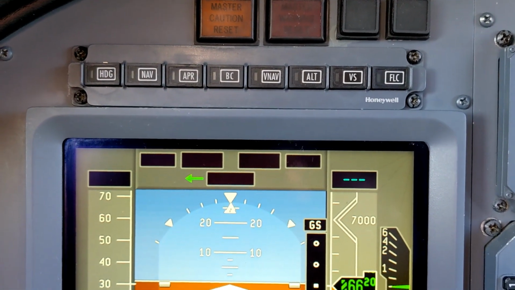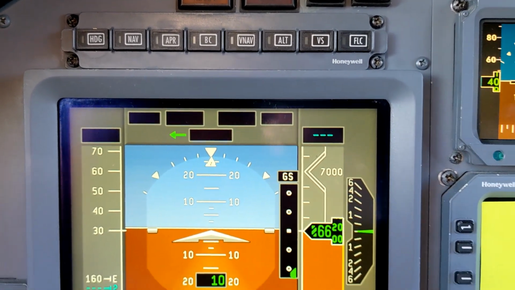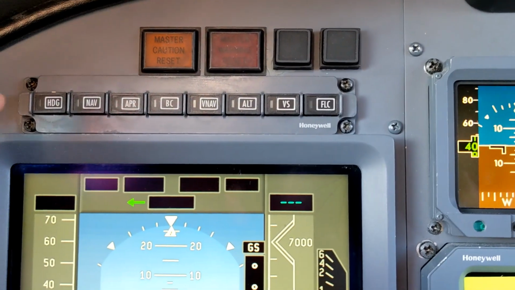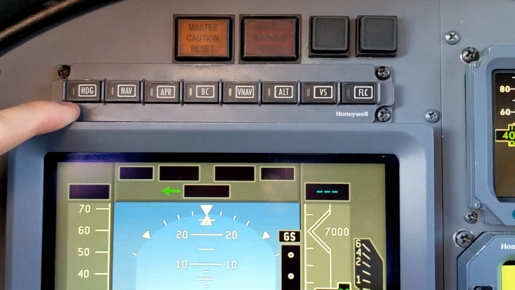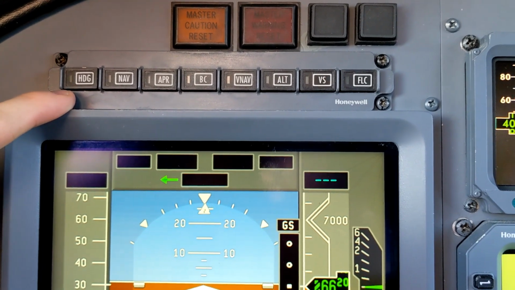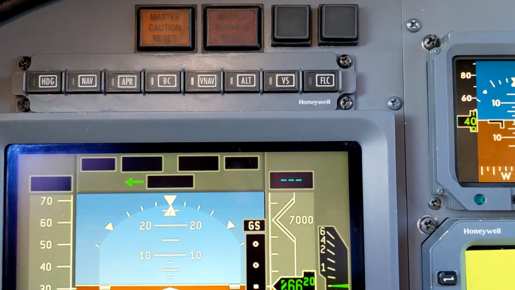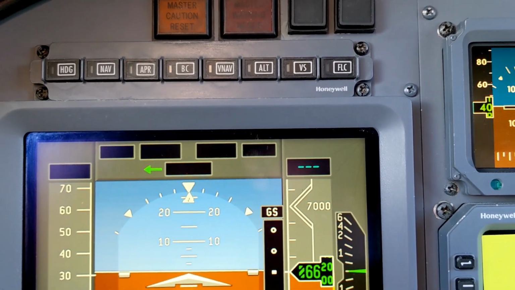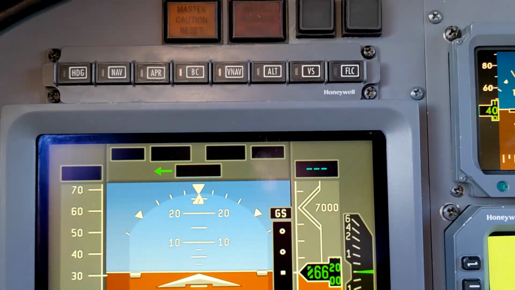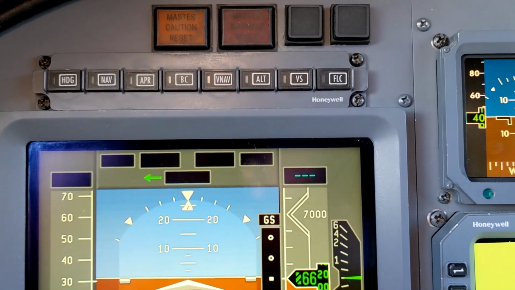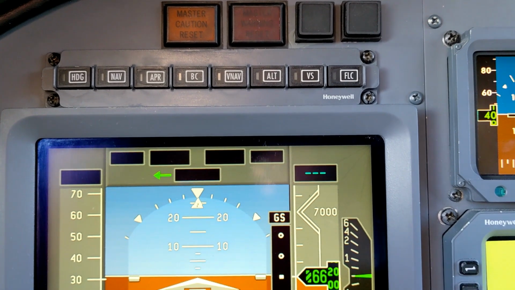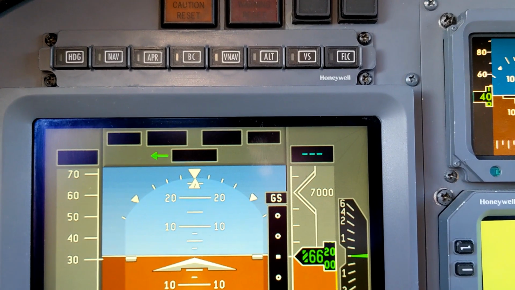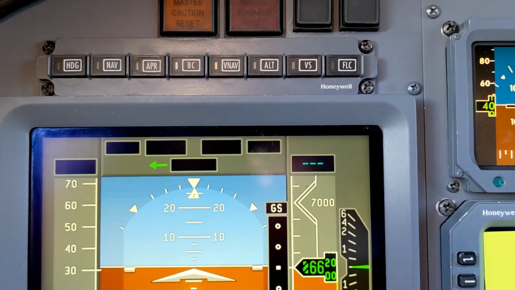Okay, let's start with how you turn the system on. The flight director mode selector panel is this bar right up here at the top of the primary flight display. And these buttons allow the pilot to select both lateral and vertical guidance that they want from the flight director. And there are some variations across the different aircraft you might encounter with how these flight director buttons are placed and what they mean. In the XLS, there's a